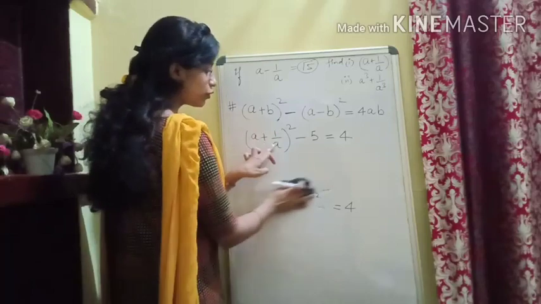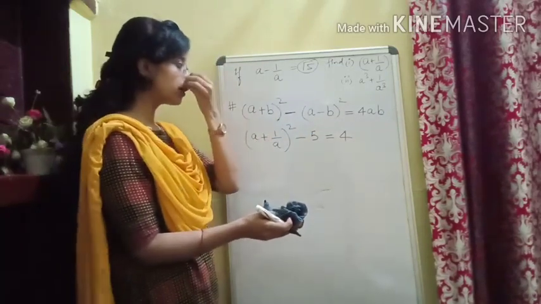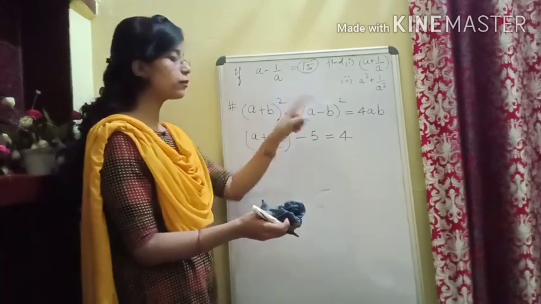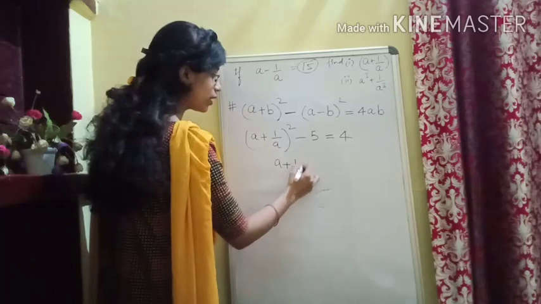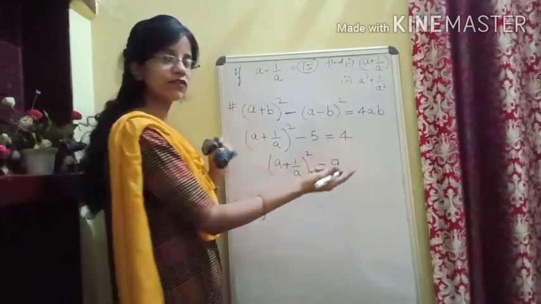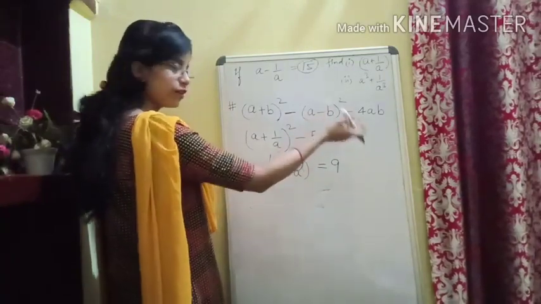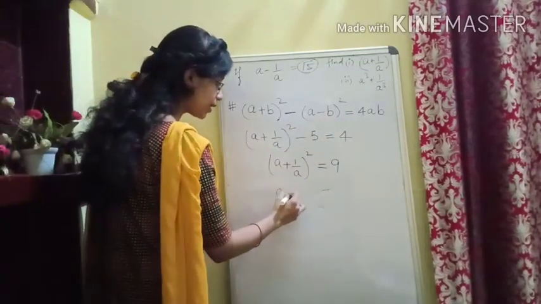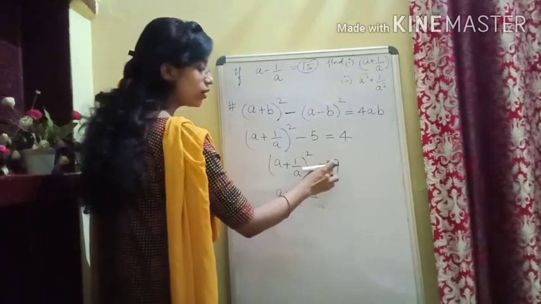Now if you want to calculate this, we will take this 5 to the RHS, so that will become plus 5. So it will be (a plus 1 upon a) whole square equals 9, because 4 plus 5 will be 9. And since we want only a plus 1 upon a, when we take the square to the other side,